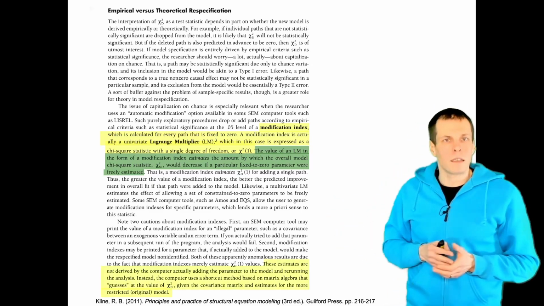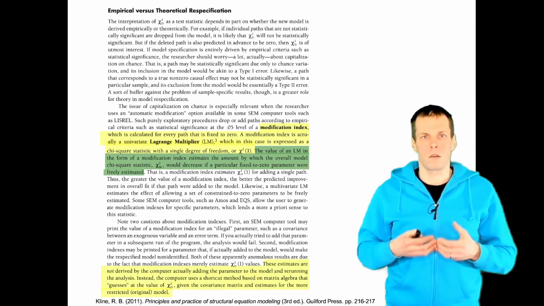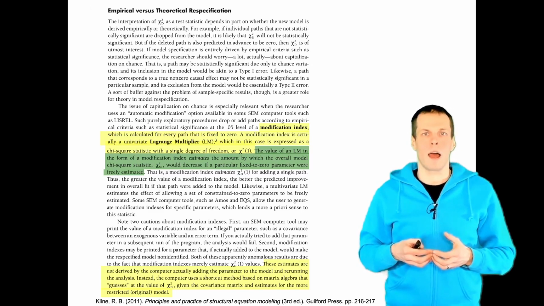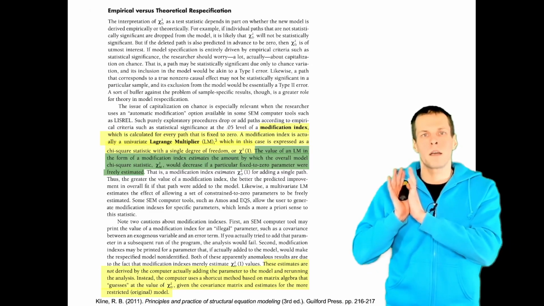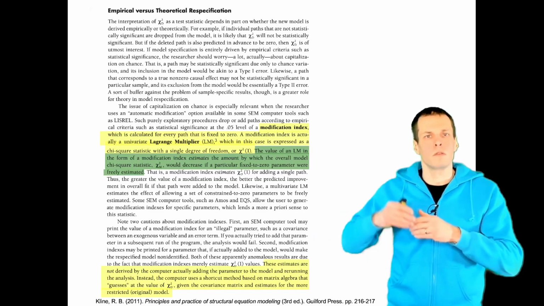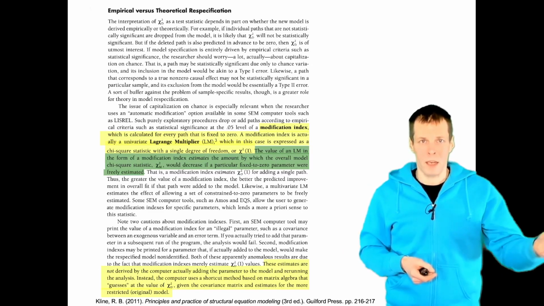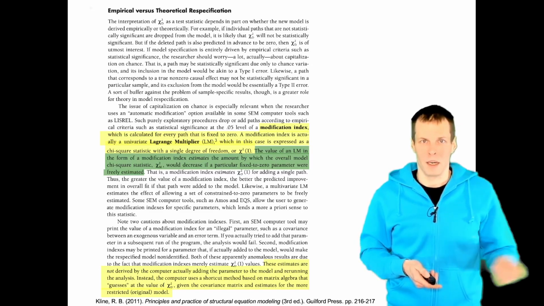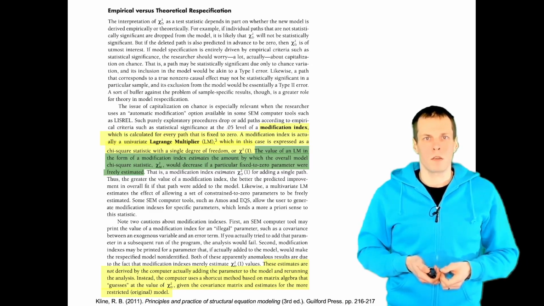Then Klein also explains that modification indices are calculated with some kind of matrix algebra magic without actually estimating any other models. So they are kind of like answers to a what if scenario without re-estimating. So it tells us how much the chi-square would change if we free something, without actually freeing that thing and estimating it again. So what do these actually do? What's the calculation based on?